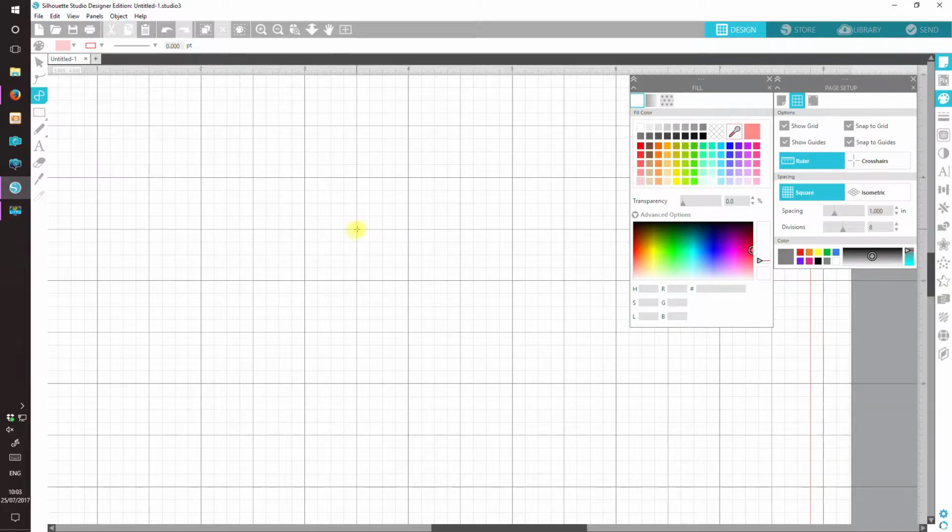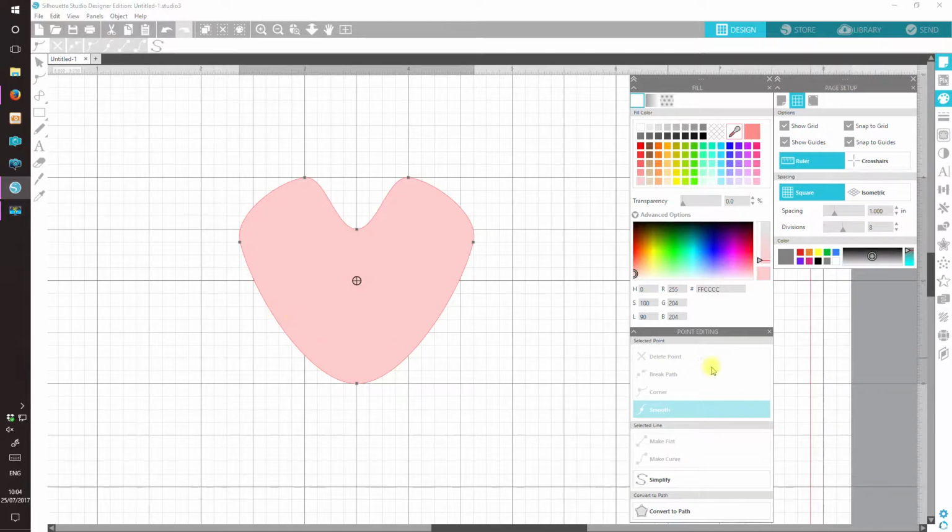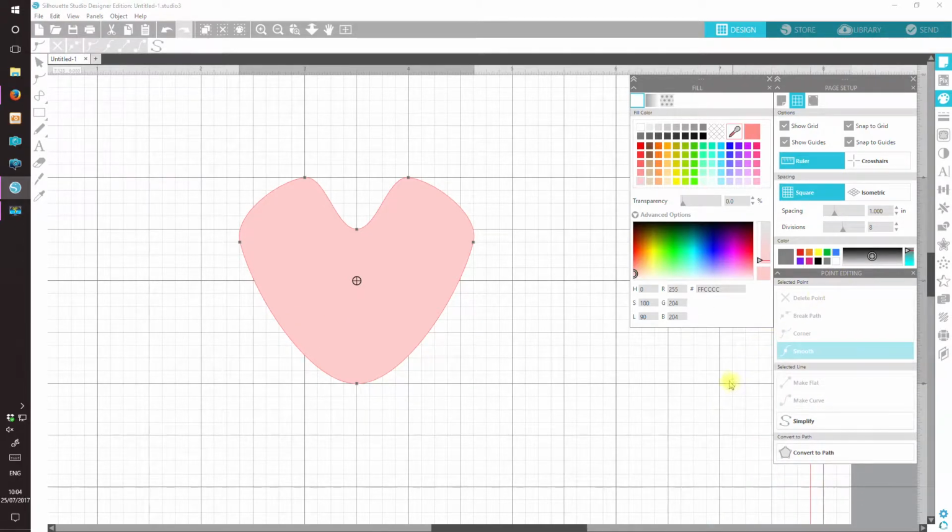And I'm going to start in the middle. I'm not really going to worry too much about whether this is going to look right the first time, because we're going to be doing some point editing. There we go, and click to join, and then select, and then do the quick double click to open point editing, which I'll move under there. I'm going to start at the bottom, and we're going to make that a corner because we want a bit